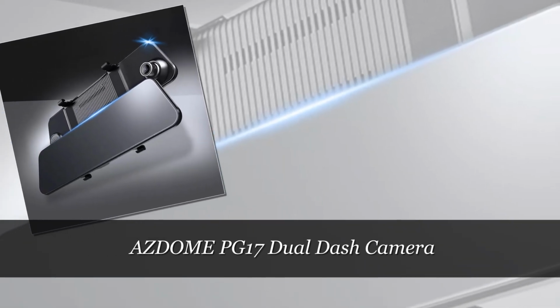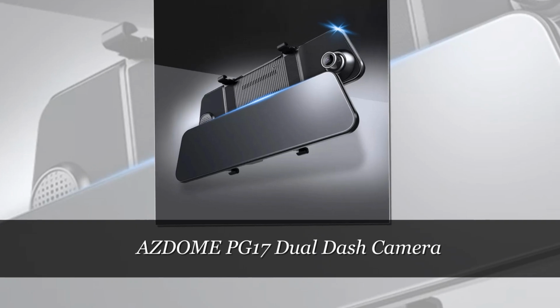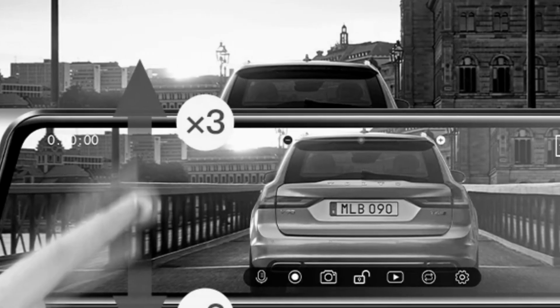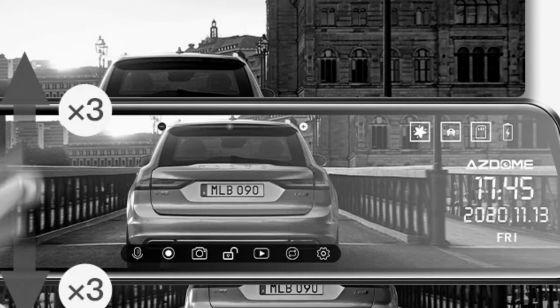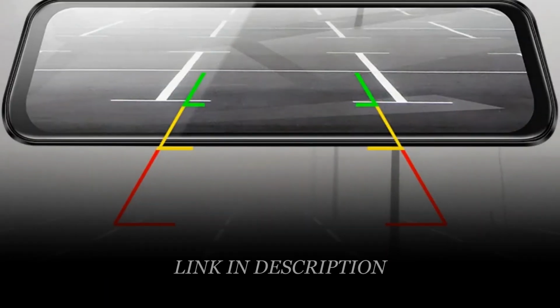Number 1, AZDOME PG17 Dual Dash Camera. The AZDOME PG17 Dual Dash Camera stands out with its impressive 11.8-inch full touchscreen, delivering an immersive and user-friendly interface for effortless operation. Boasting a high-resolution 2K video recording capability, this mirror dash cam ensures exceptional clarity in capturing details